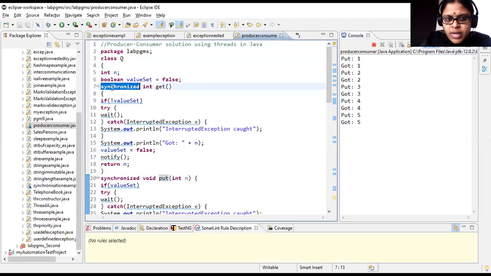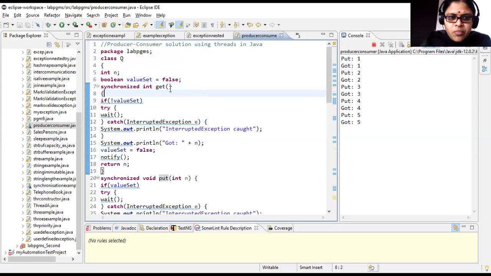You can observe that we have clearly given synchronized. What is the synchronized keyword? The synchronized keyword will make sure that a thread which is acquiring this particular resource will acquire a lock. It will complete its execution, and only then release the lock, so that the other thread can take control over that particular resource. So your get as well as put method is synchronized here.